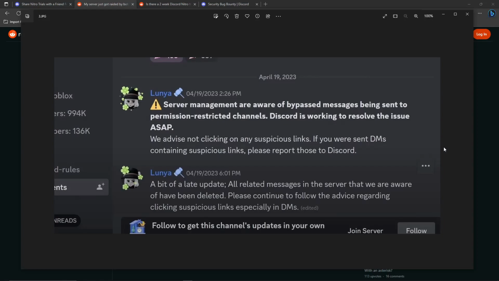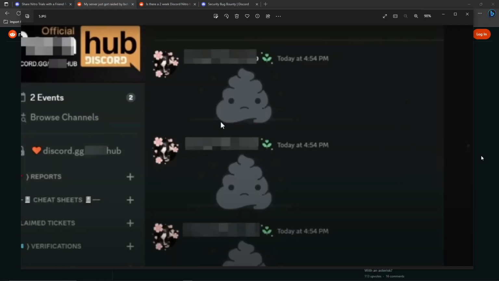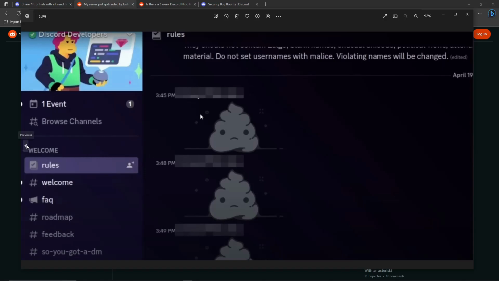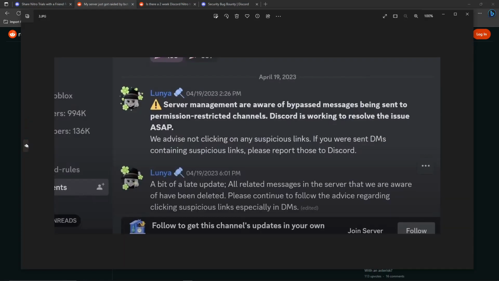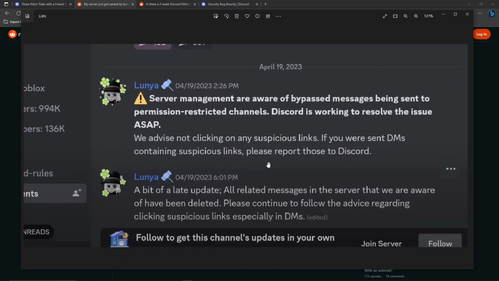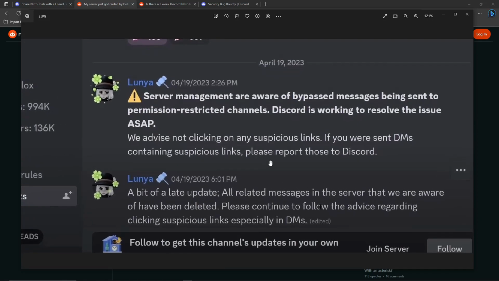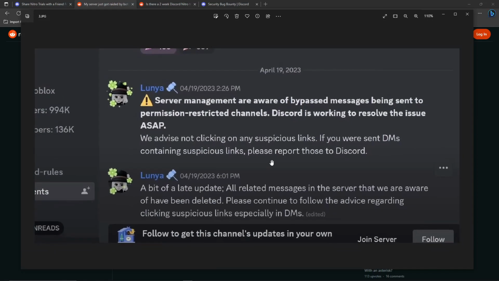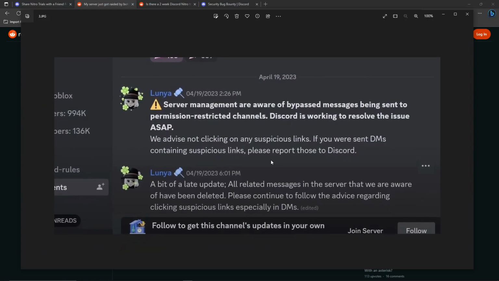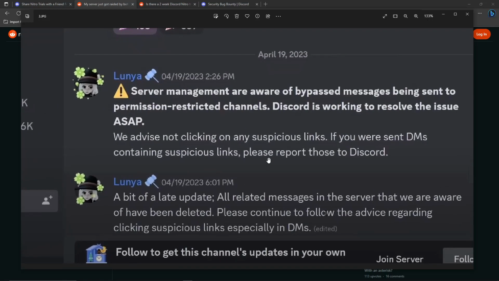As you can see, that guy is only trolling. He's only spamming those poop emojis. Anyway, it's really dangerous because what if he decided to access a little bit of sensitive information? But for now, good thing he didn't. However, he got caught, and his or her account got terminated permanently from Discord.